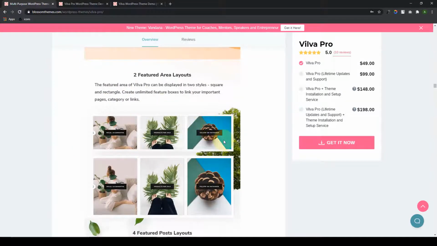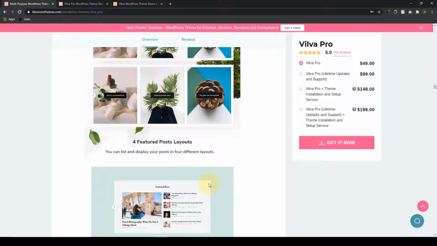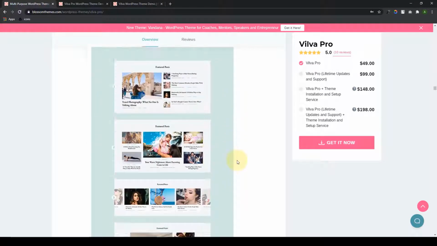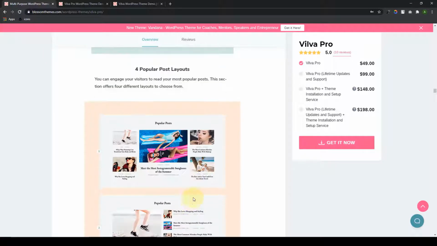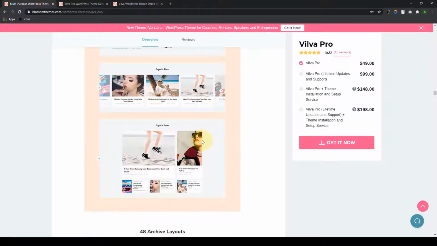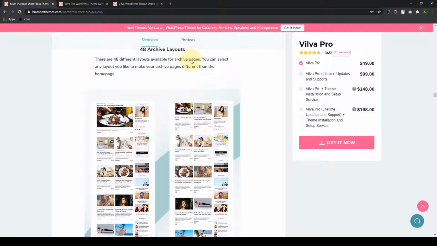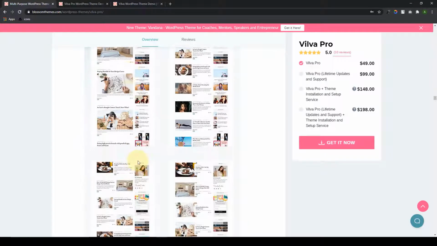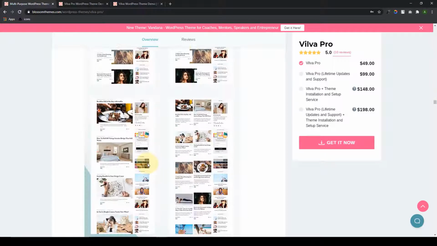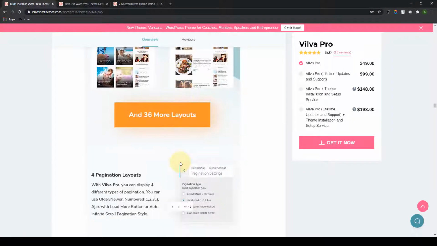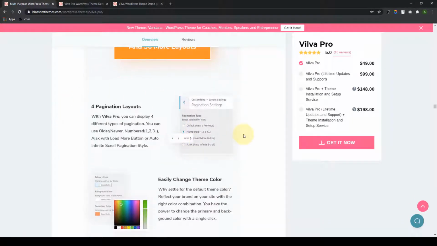2 featured area layouts, so you can have your featured area section in square or rectangle style. 4 featured post layouts, check them out over here. 4 popular posts layouts, 48 archive page layouts. Again, the designs are given over here and they are very stunning and beautiful. 4 pagination layouts, you can display your pagination in the default format, numbered, load more button, or auto